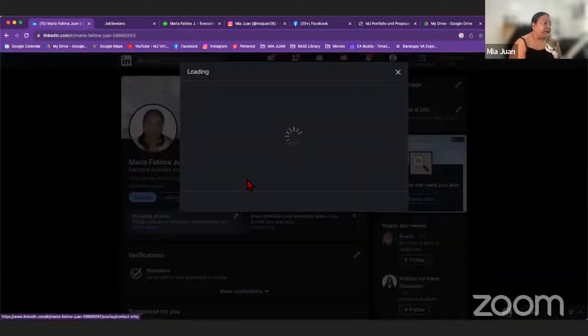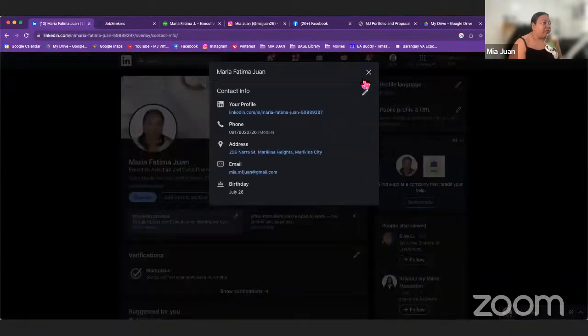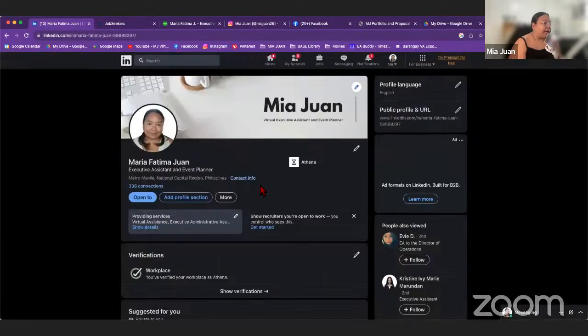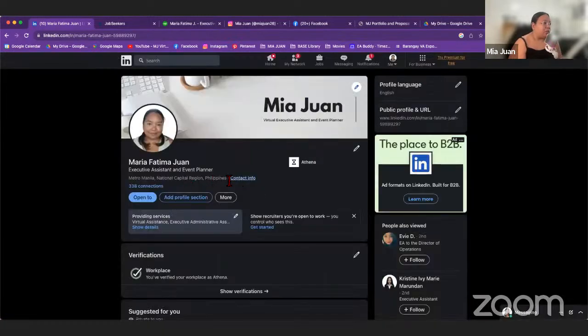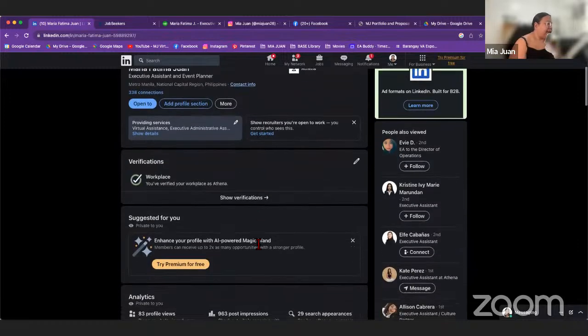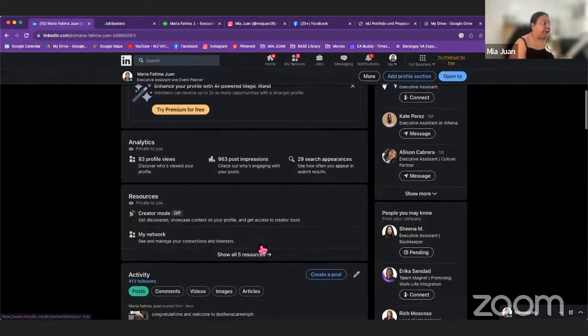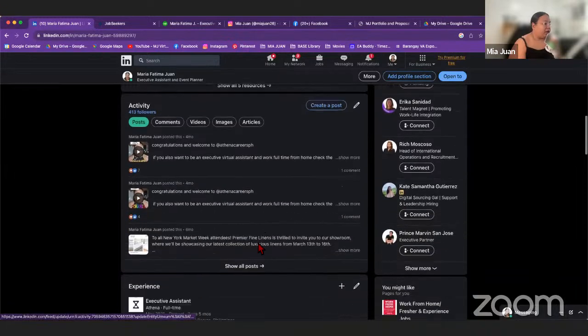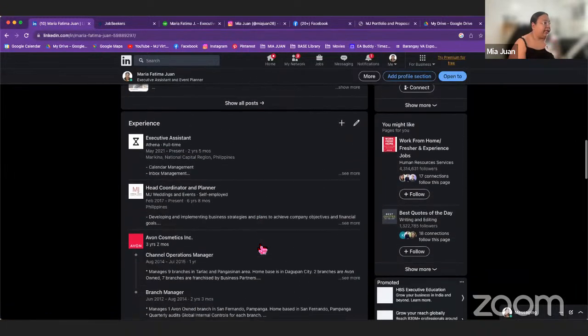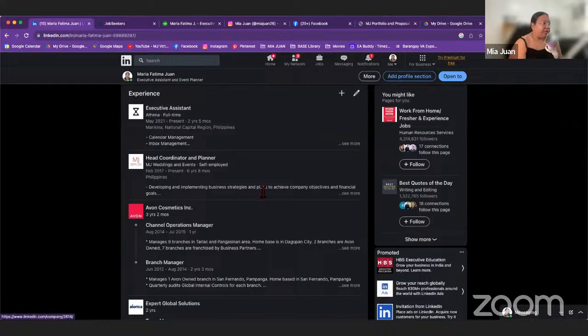And then for your contact information, you can remove some of your addresses and your mobile number. You can just state probably your email or something like that. And then if you're currently employed, you can input what company you're working for or working with. Another thing that's very, very important here on LinkedIn is whenever you create your profile, it will